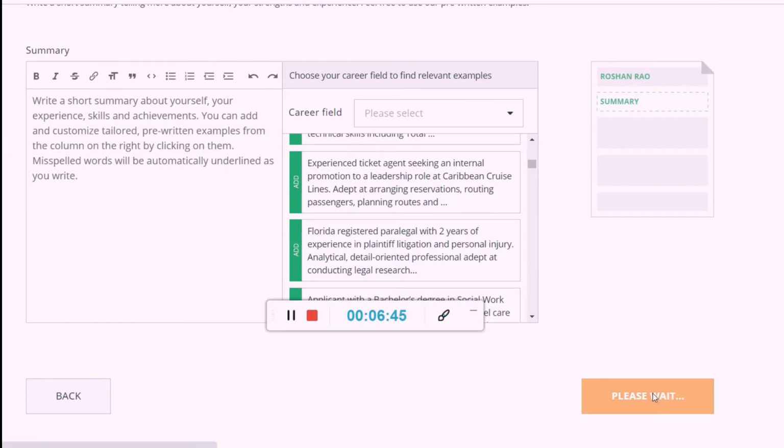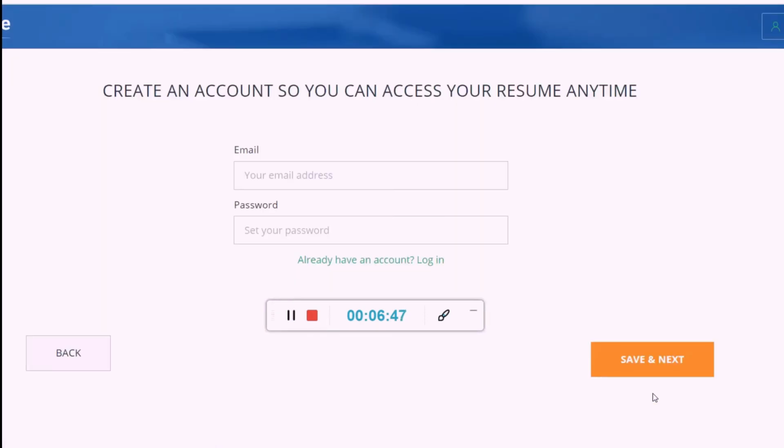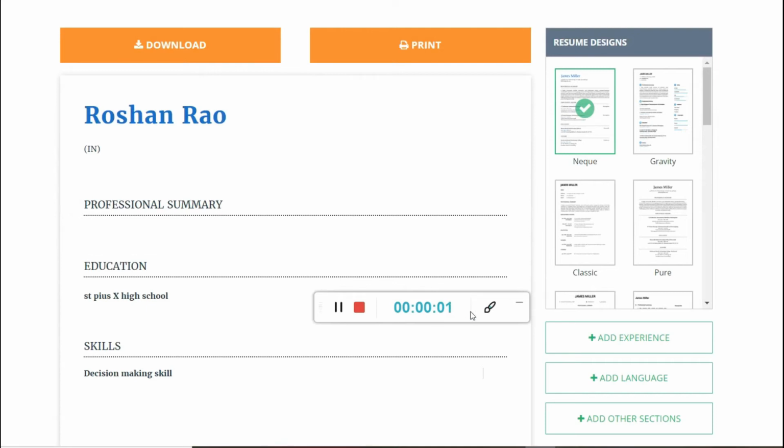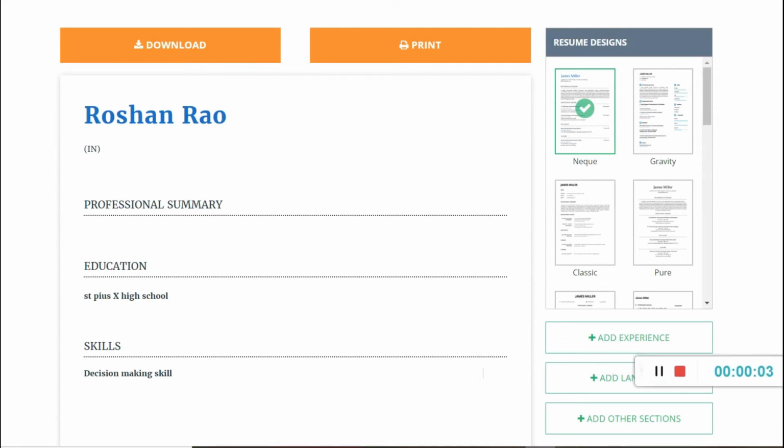For the career objective, you can select one from the list that they provide, and I personally suggest you go ahead and customize your own career objective because it is the heart of your resume. You can customize it your own way, which defines you very well. After you're done with everything, it will ask you to create an account, and you can provide your email and password there so that it will allow you to download your resume.